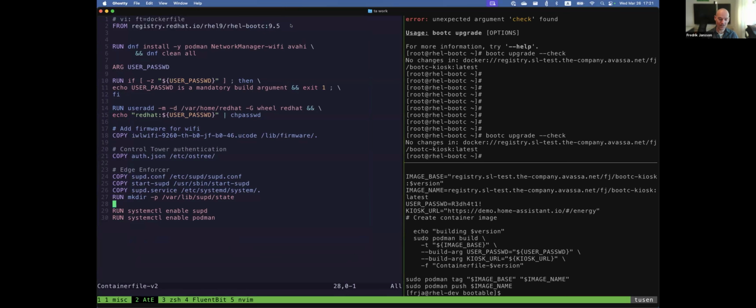And I can't stress enough that we're basically building a new container, ripping out the entire underlying operating system from 9.4 to 9.5. It's a simple change to change the 4 to a 5 in a file, but think about what that actually means